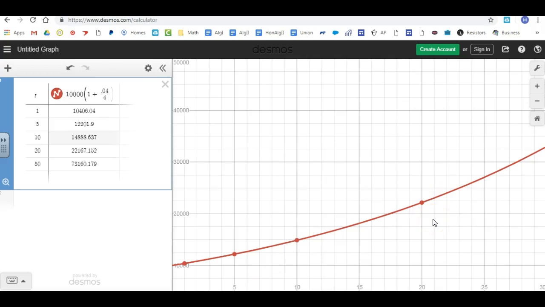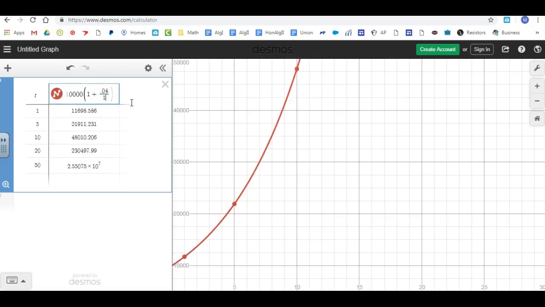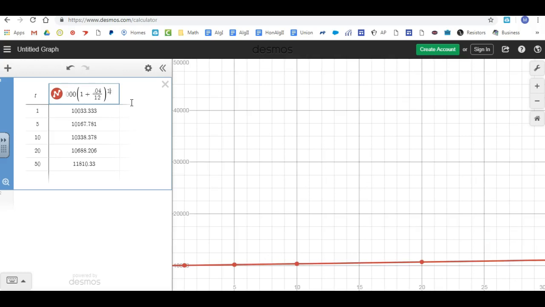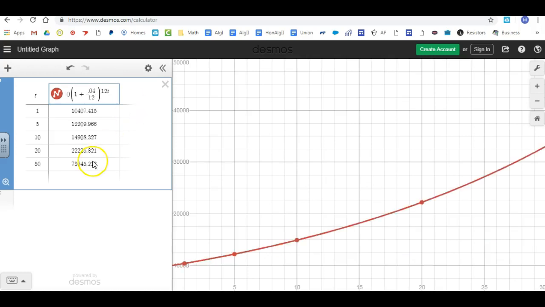So the curve got a little bit steeper by compounding that interest. Notice I didn't change the initial amount and I didn't change the interest rate. We just changed how many times a year I was adding interest. Again, those 5 values you can take down. The last one we're going to go through is changing that denominator to 12. Again, that's the n value, how many times we're adding interest per year. So it changes the denominator and the value in front of t. That represents monthly. So now we're adding interest every month on this bank account, and the value at 50 years is up to